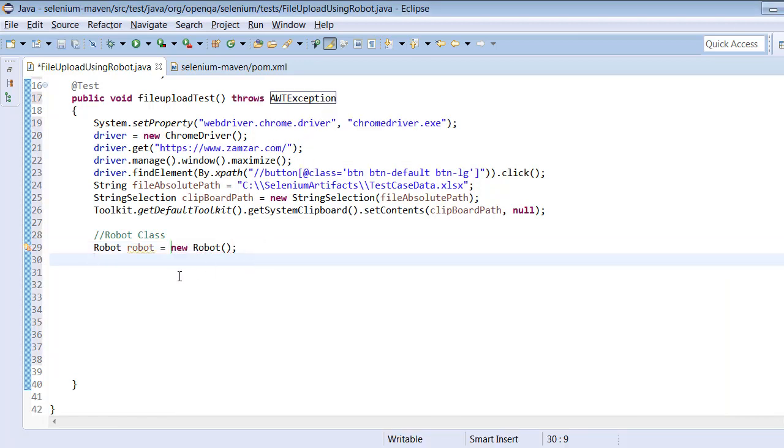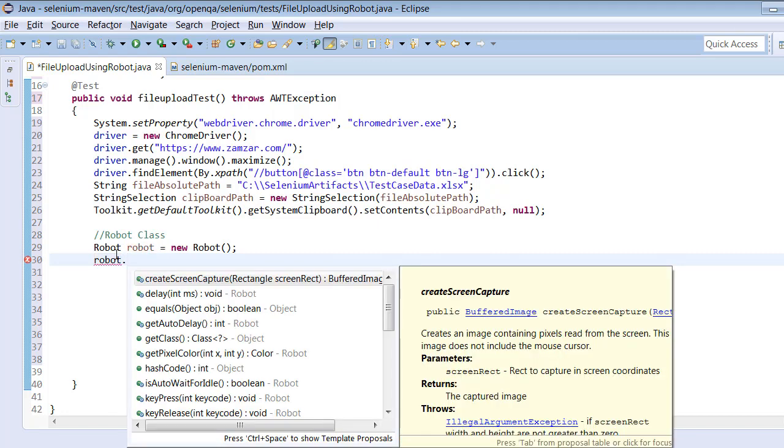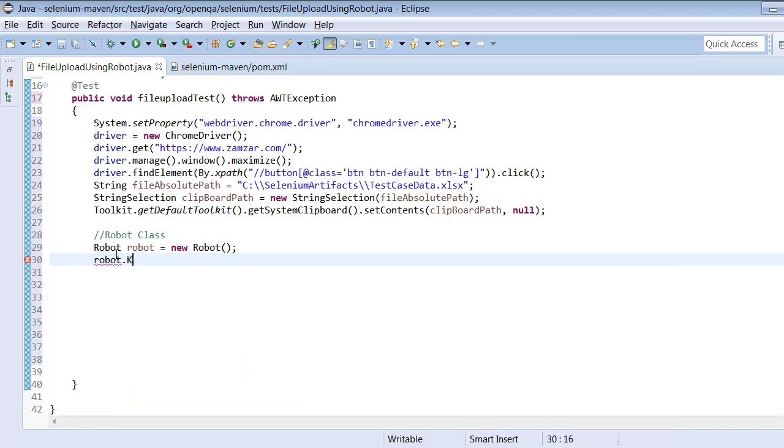The next step, we have to use the robot object dot. Two things we have to remember. We have to perform control V. Hit the control button on the keyboard, hit the V button on the keyboard. So we have to perform two key press actions.